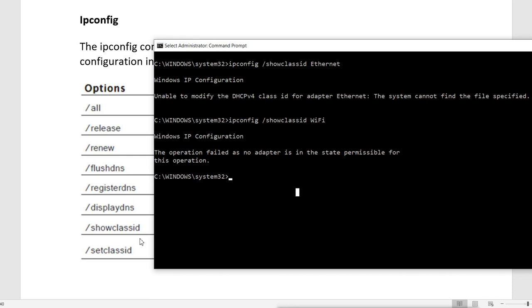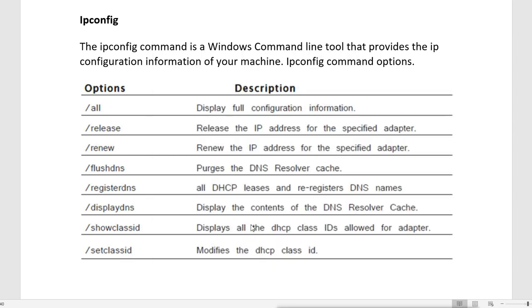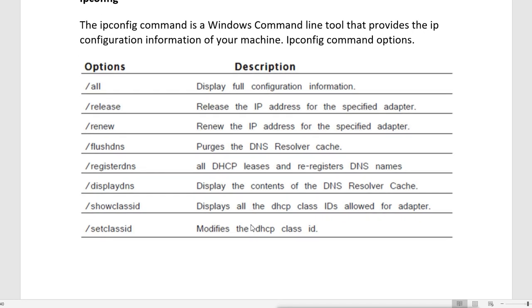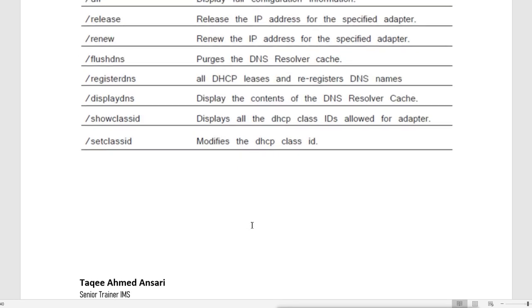So this will show the DHCP class IDs, and with setclassid we can set different class IDs of DHCP, for different options of DHCP. It depends on whether the adapter is supported or not.